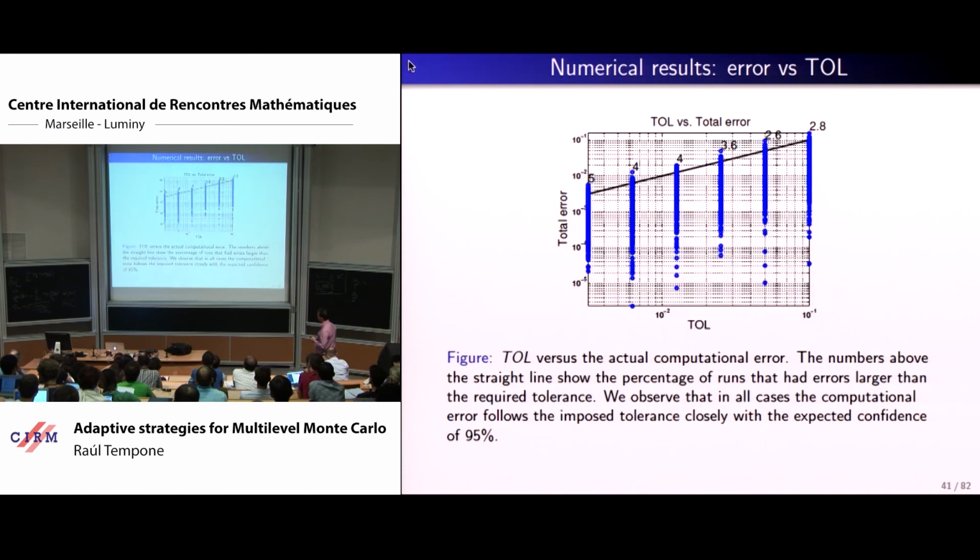So what the user gives in this context is a tolerance, but he also prescribes the confidence level. In this case, the confidence level was prescribed to be 5%. So when you do your simulations, essentially you expect to see around 5% of them going above the prescribed tolerance. You see here, the tolerance is getting lower, and the corresponding sample error for the different runs of the multilevel Monte Carlo distribute like this, and then these numbers here are the percentage of those above the bound.